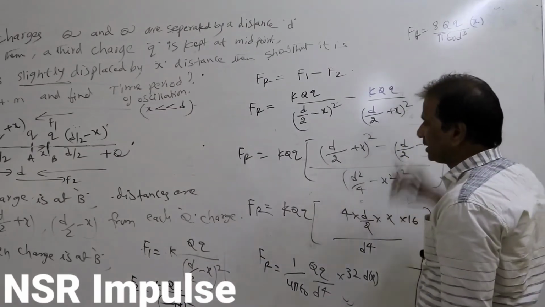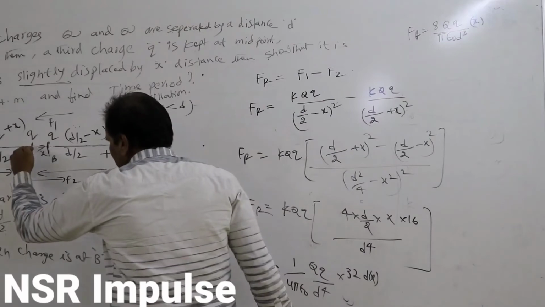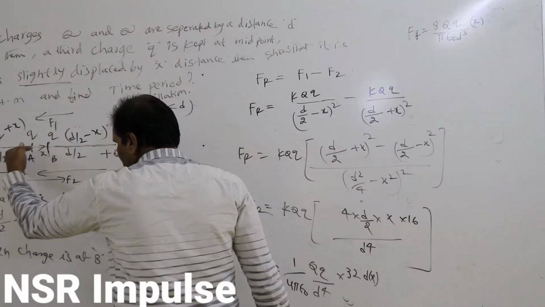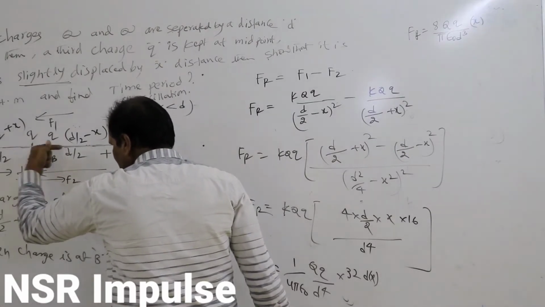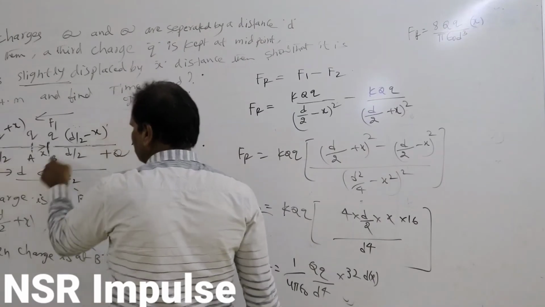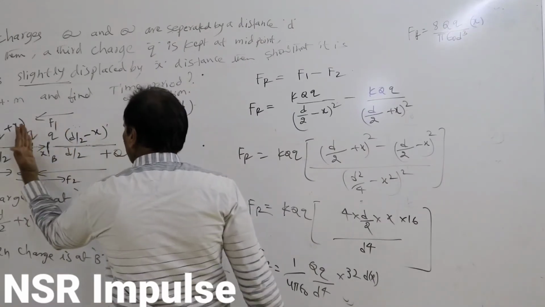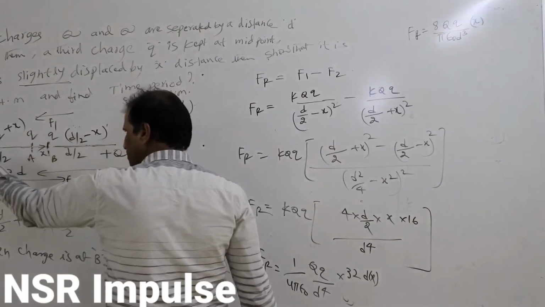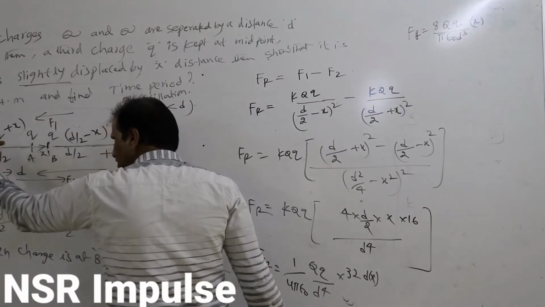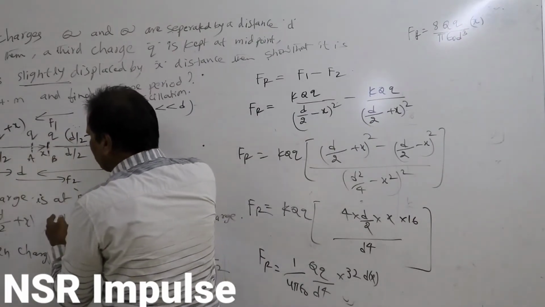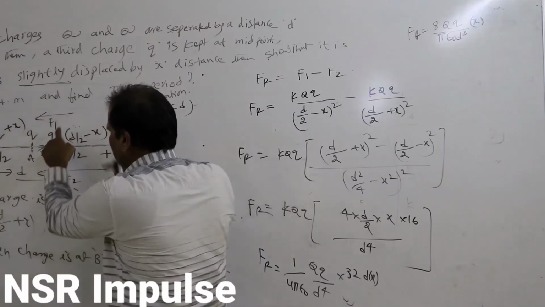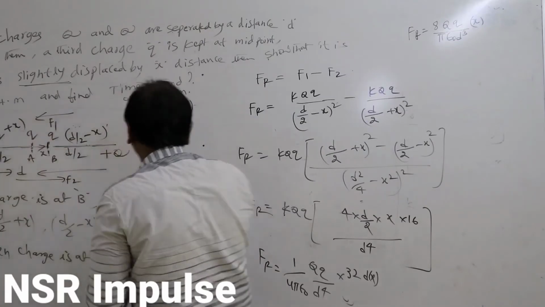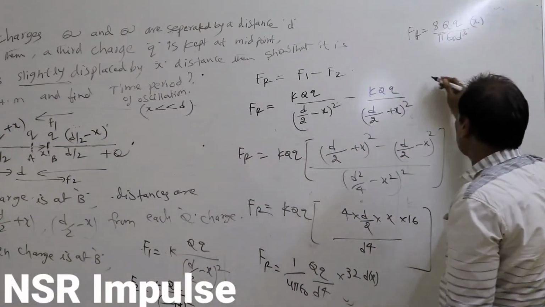This is the resultant force acting. See, this charge q is displaced like this; the displacement is in this direction. But the resultant force is in this direction because F1 is greater than F2. When it is slightly displaced in this direction and you remove your hand, it moves like this. So displacement is in this direction, resultant force in this direction. Both are in the opposite direction.